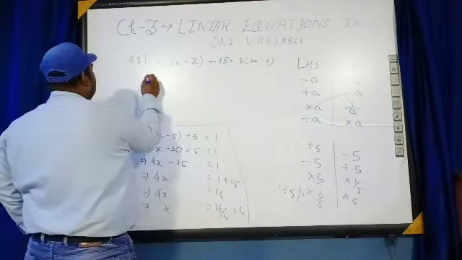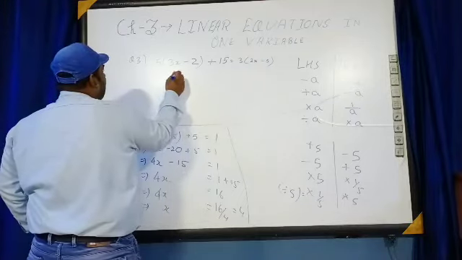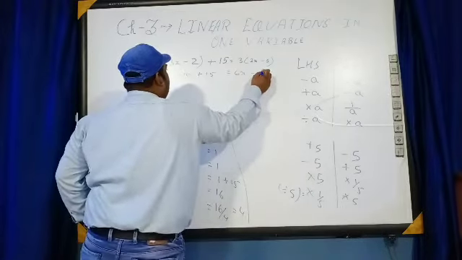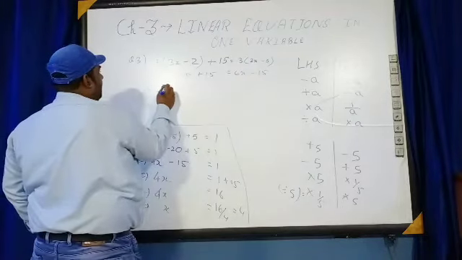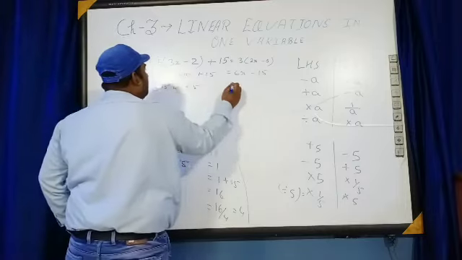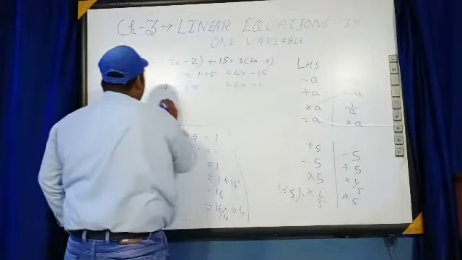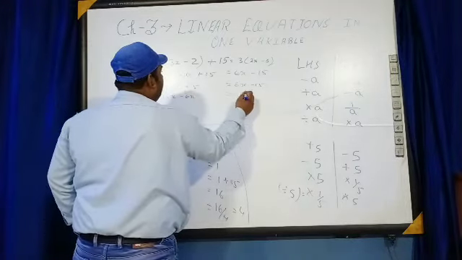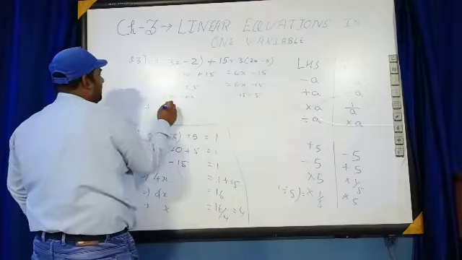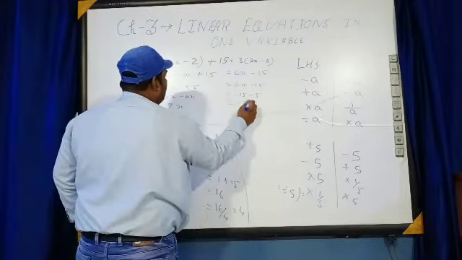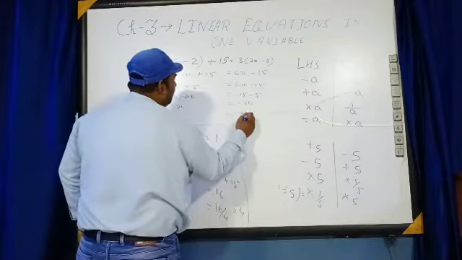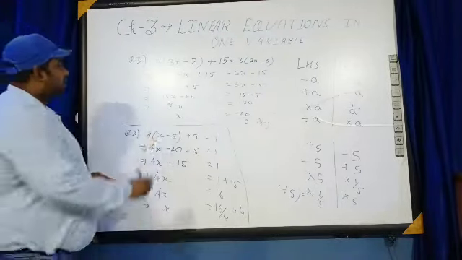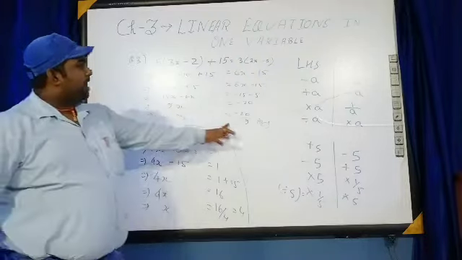Now here again we will multiply both sides. 15x minus 10 plus 5 is equal to 6x minus 15. Okay, here we will get 15x minus 6x is equal to minus 15 minus 5. That will be 9x is equal to minus 20, x is equal to minus 20 by 9. That is our answer. This implies the x value will be minus 20 by 9.